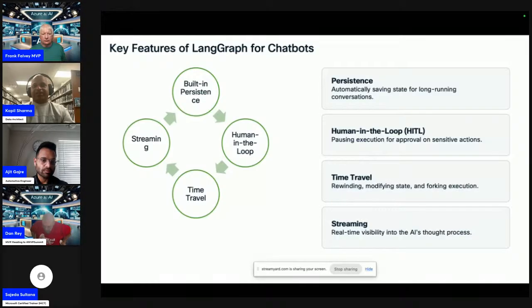At last, streaming. It's more of a logging or auditing process, where you can look at each stage of a graph and finally stream the state in real time, so that users are not just staring at a loading spinner. They can actually see what exactly the AI is executing at various nodes and edges. Okay, so these are the key features you can leverage as you start building business